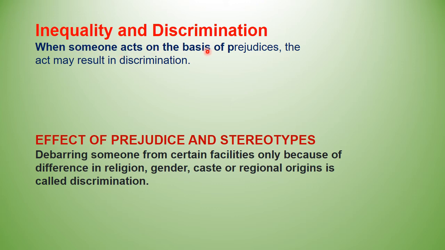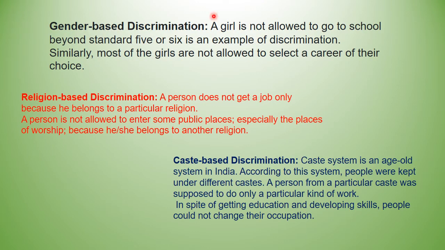Now, when someone acts on the basis of prejudices, the act may result in discrimination. An effect of prejudice and stereotype would be that we are debarring someone from certain facilities and opportunities because they are from a certain religion, because they are a boy or girl, that means gender, because they belong to upper caste or lower caste, like this. Now, there are three types of discrimination broadly: gender based, that means you're a